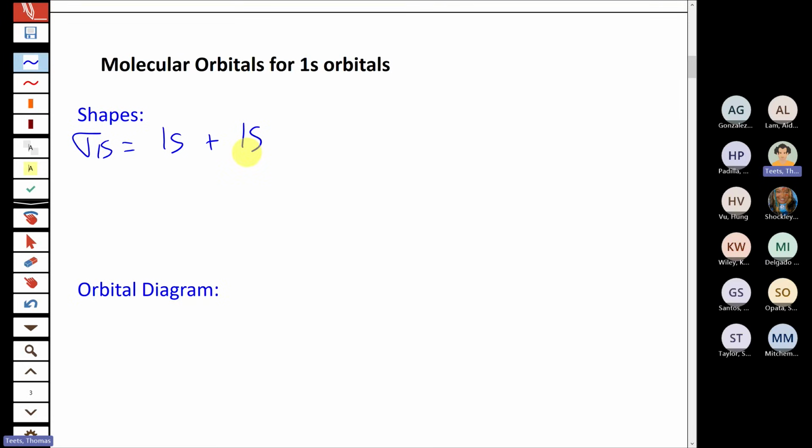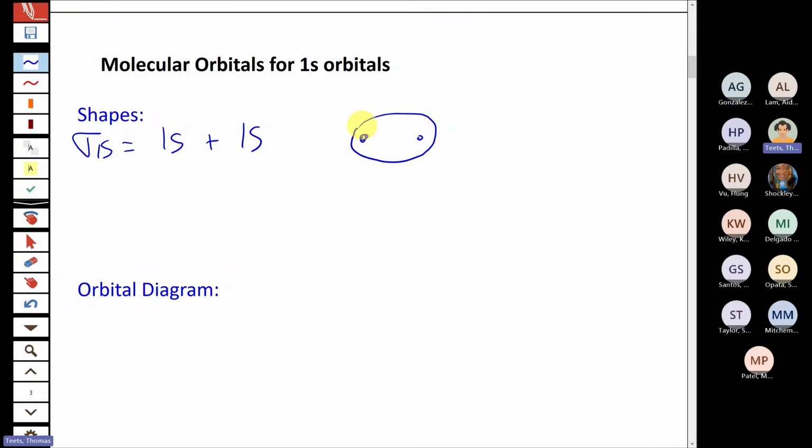And so what that looks like, again, the idea here is that we no longer have separate 1s orbitals on each atom. We're combining them to make new molecular orbitals. And so the bonding molecular orbital, we have the nucleus here and here, is going to be just a delocalized sigma orbital that goes over the entire molecule. Again, no longer one orbital here, one orbital there overlapping, but an entirely new orbital that's delocalized over the entire molecule, and that's what we call the bonding orbital.